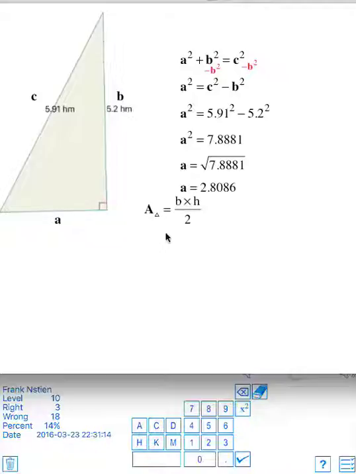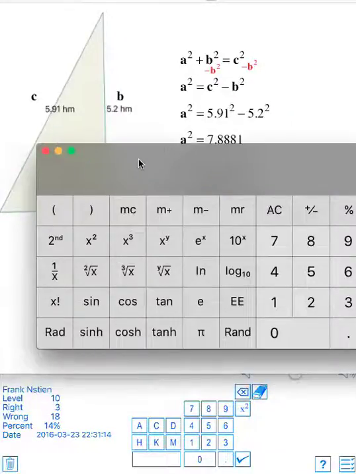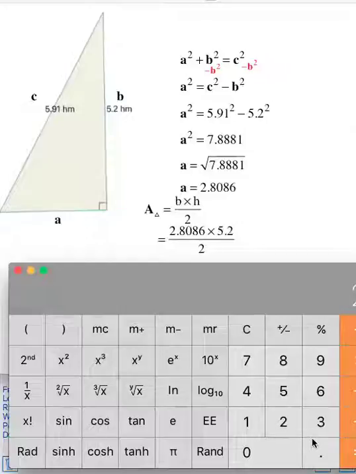Okay, so the area of the triangle is going to be base times height divided by 2. So the base is my A side, which is 2.8086, times the height, which is 5.2, and then I'm going to divide that by 2. All right, so once again, handy dandy calculator time. 2.8086 times 5.2 divided by 2 is equal to 7.30236